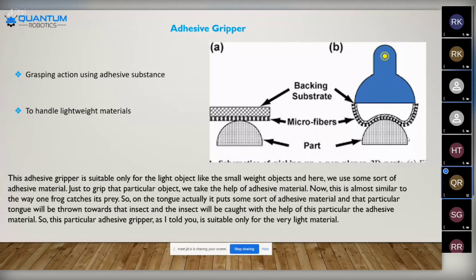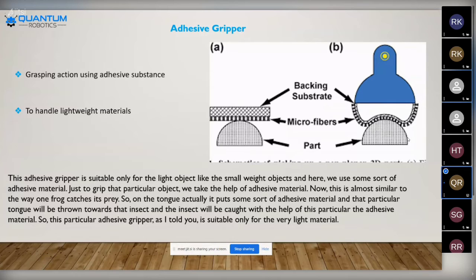This adhesive gripper is suitable only for lighter objects, like small weight objects. Here we use some sort of adhesive material to grip that particular object. We take the help of adhesive material.